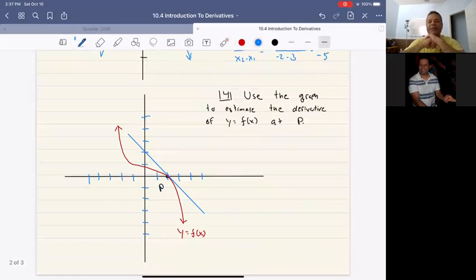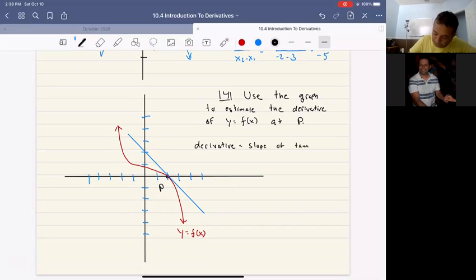Use the graph to estimate the derivative of y equals f of x at P. Okay, so we're introducing this new word, derivative. Now derivative, there's actually lots of different meanings for it, or lots of different definitions, but they all turn out to be the same thing. So here, when we're talking about the derivative, what we mean is slope of tangent line. So that's the slope of this line here, the tangent line